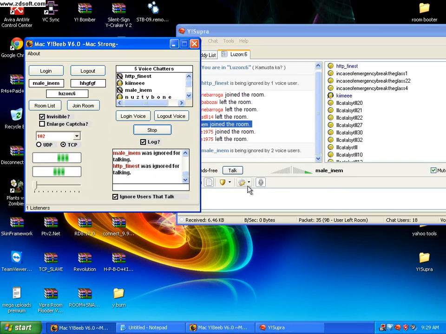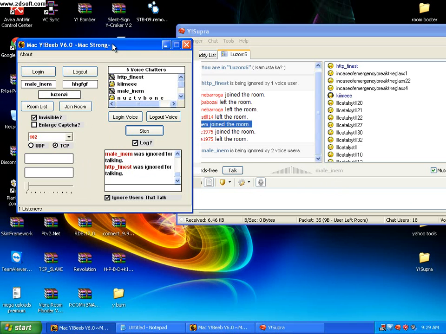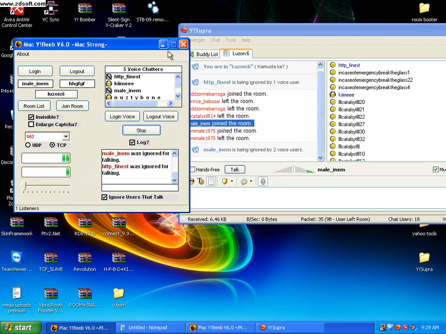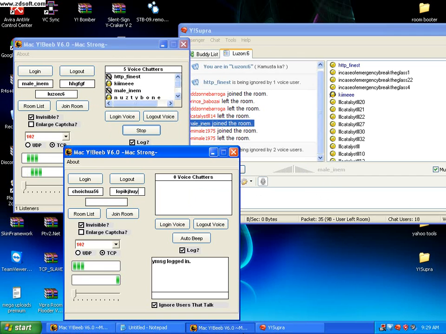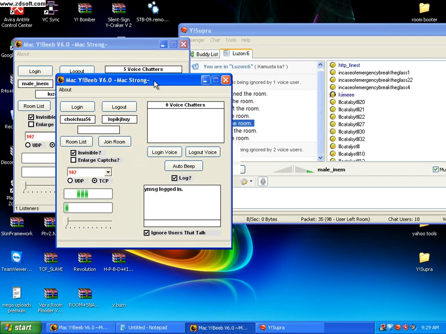There we go. You can put in another ID in there. Okay, example, we'll put again another one here. Then type in the room ID, password, the room. You type in the room, you join the room.